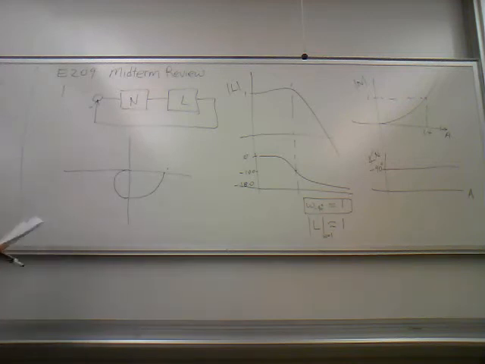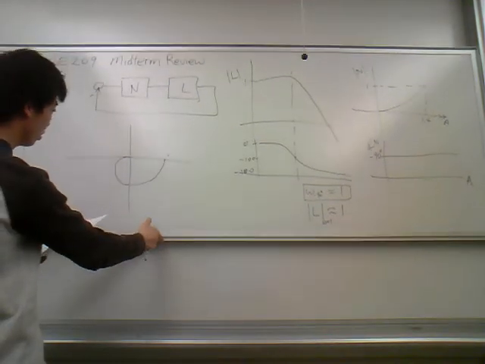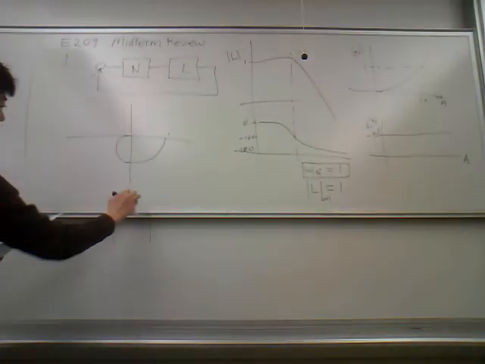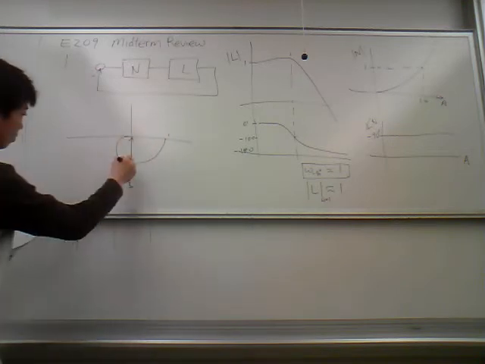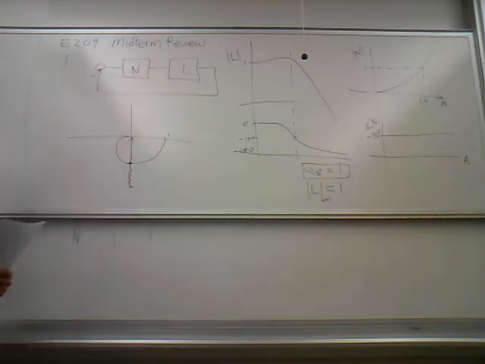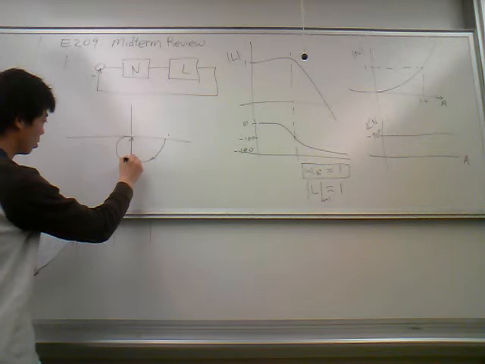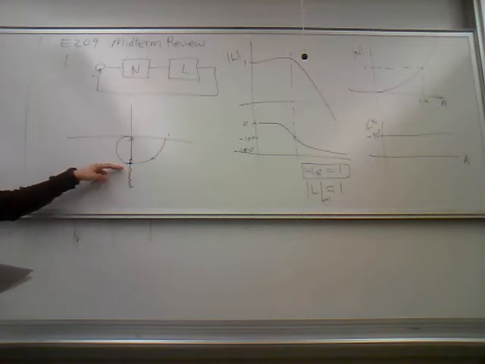Okay. And our 1 over N. So that's negative 90. So that comes up from negative 90 and does this. Okay. So here, this point is our limit cycle. Now, the analysis we said in class was when you increase A, if it becomes encircled by the Nyquist plot,